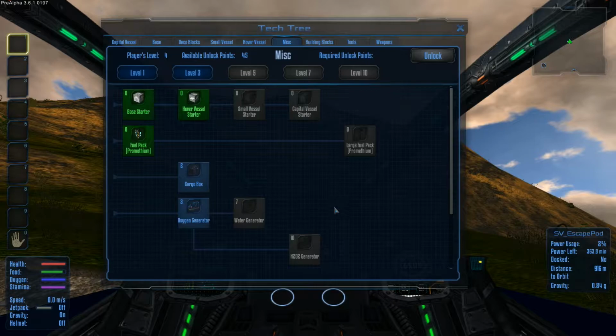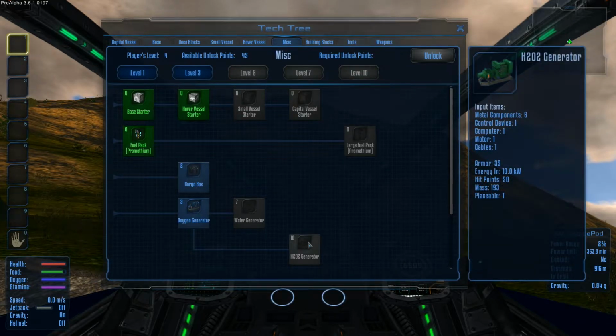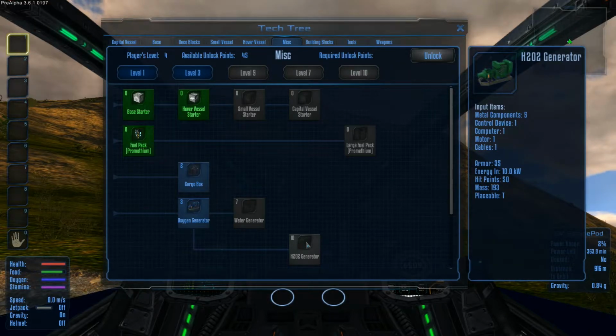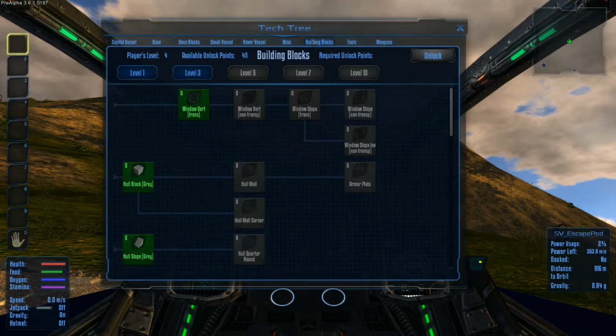So the other piece that I want is the H2O2 generator. This is the upgrade for the oxygen gen, obviously. What this allows you to do is it actually creates hydrogen, and hydrogen is your alternate fuel source. So even if you run out of Promethean on a planet, once you have the ability to craft this, you drop it into a body of water, and it starts producing tanks of hydrogen that you can use to create fuel as well. I'm not sure how that actually plays into everything,